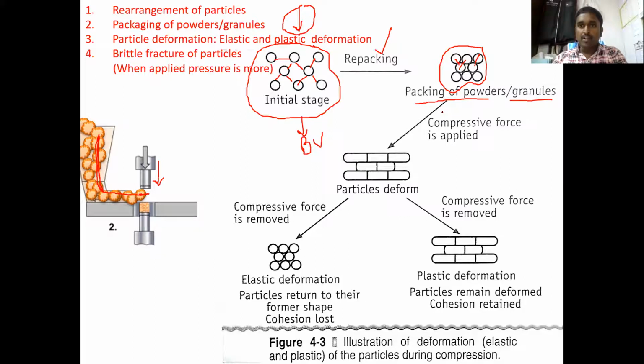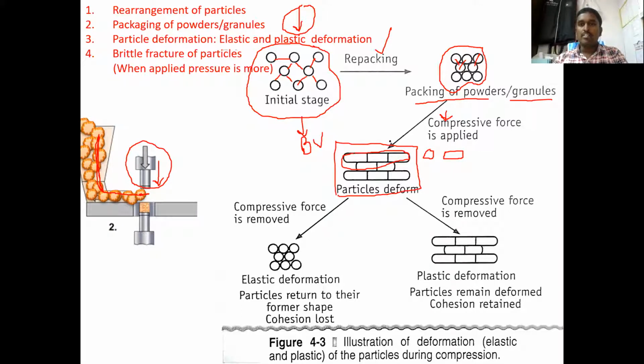Further, as you keep increasing the pressure, the upper punch pressure, and keep pressing the powders, you can see the round particles become flattened. These are nothing but the powders you saw before. Before they were round like this, and when you apply the punch, they become oval shaped. So what we saw in plastic and elastic deformation in the first slide: when you compress something, it is going to be flattened. Here two kinds of processes occur.